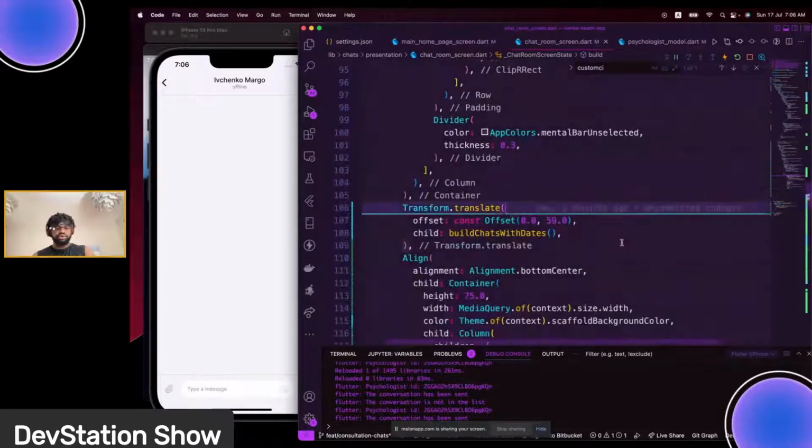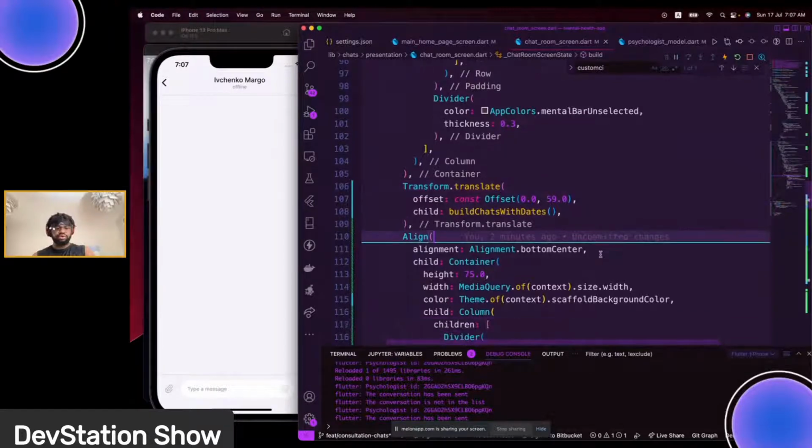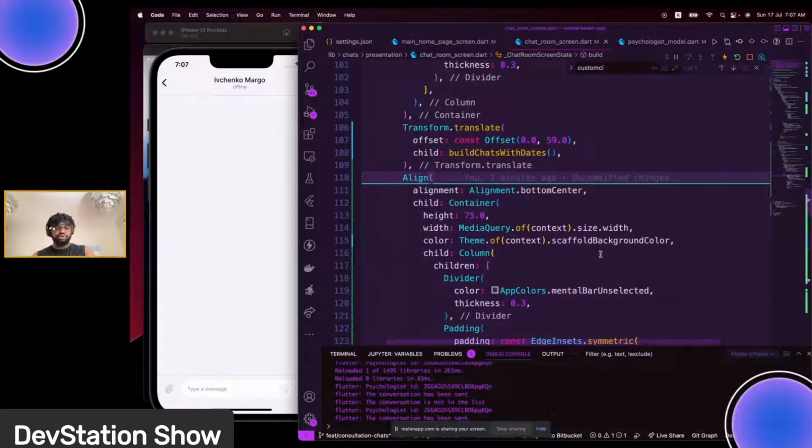So here we have our build chat with messages. So right in there we have, let's see, check what I have here. But I think the error should be coming from